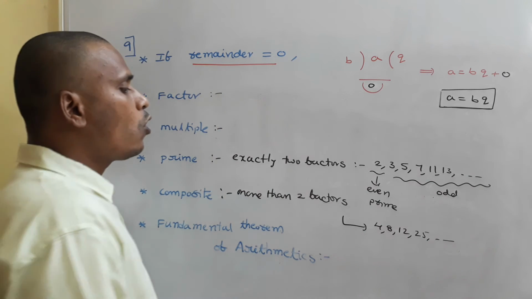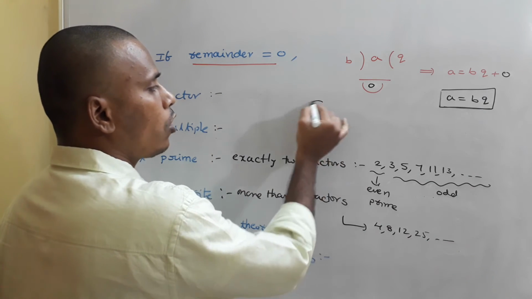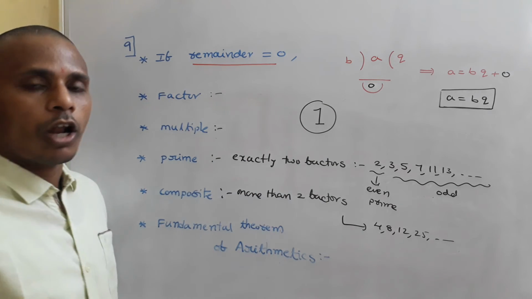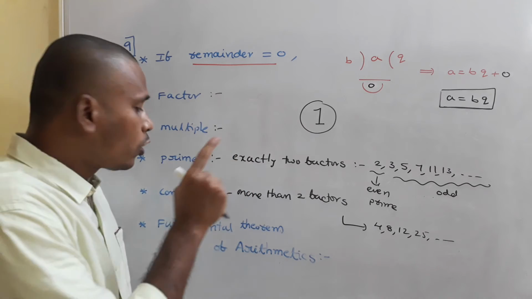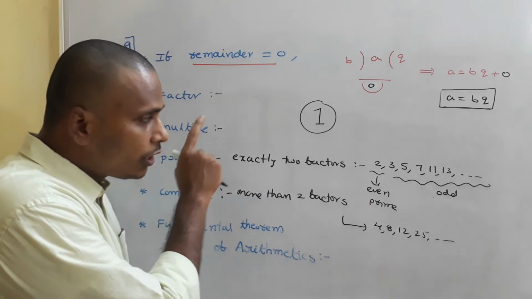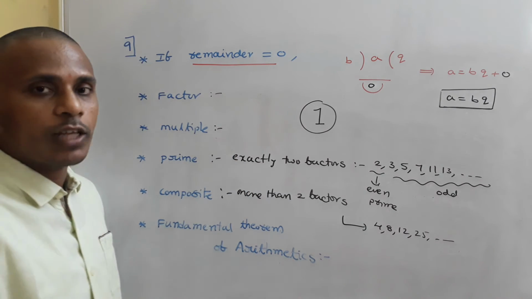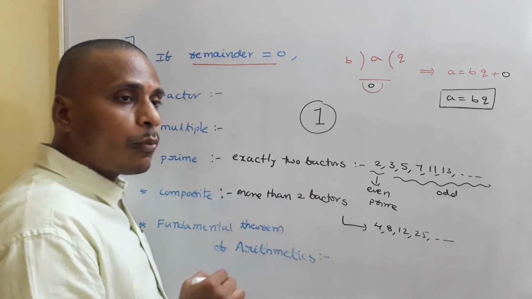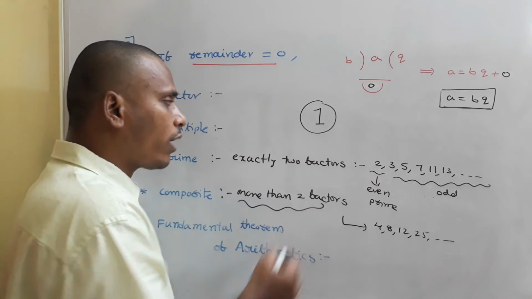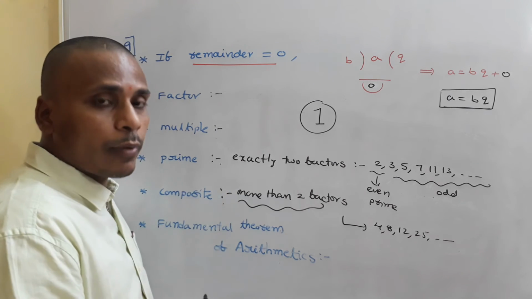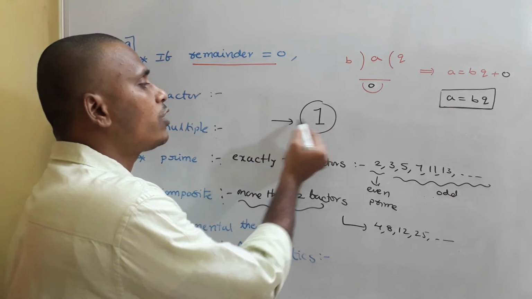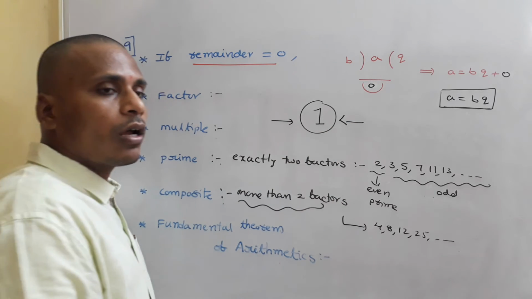And when you observe, 1 is a special number. Okay. This is neither prime nor composite, because 1 has only one factor. To call it as prime, it needs to have two factors, but it has only one factor. To call it as composite, it must have more than two factors, but it has only one factor. So there is no chance to call that one as prime or composite. So we will consider this one as neither prime nor composite.